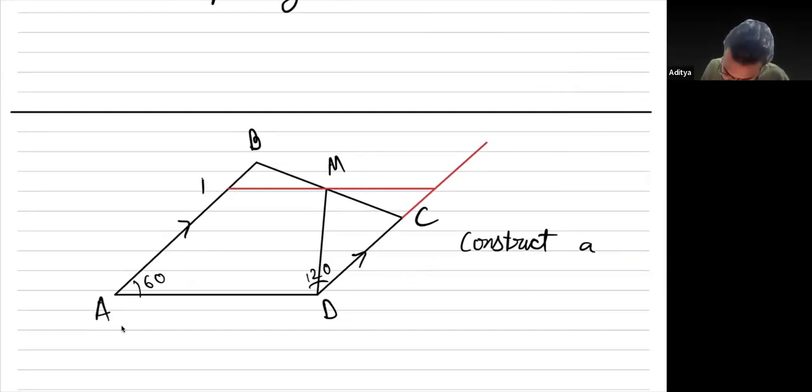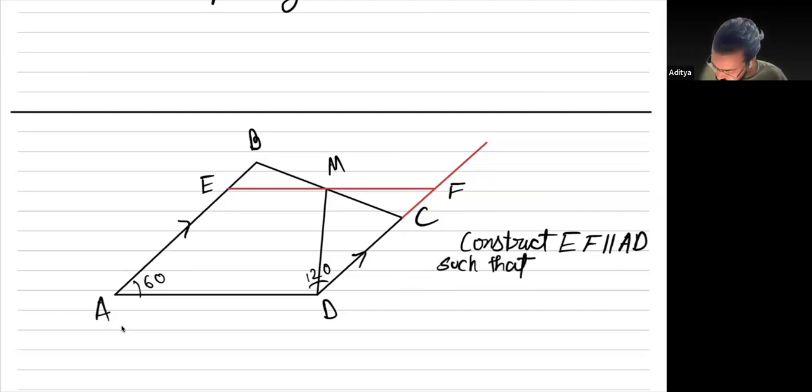Let's name it EF. Construct EF parallel to AD such that AE equal to AD, and this implies